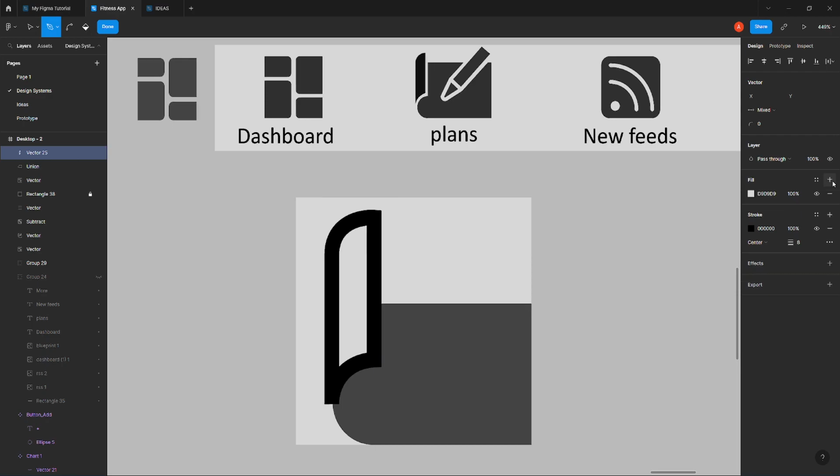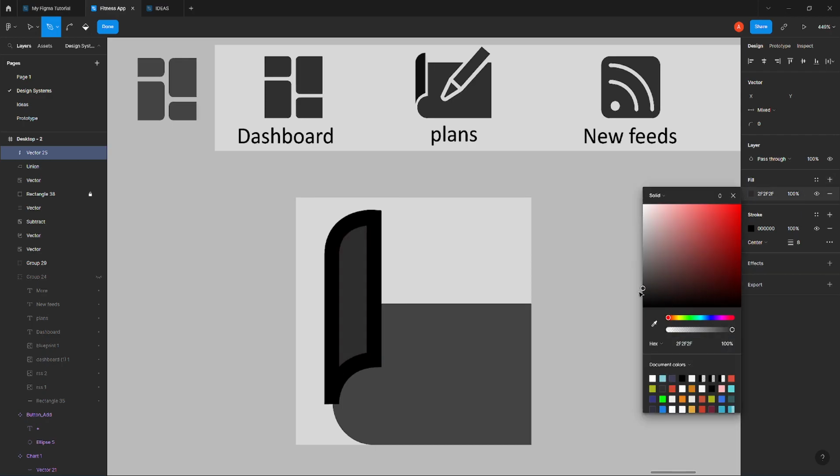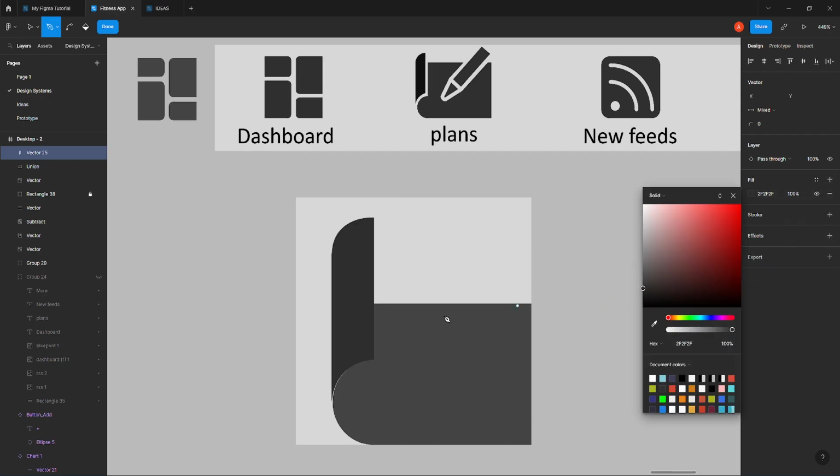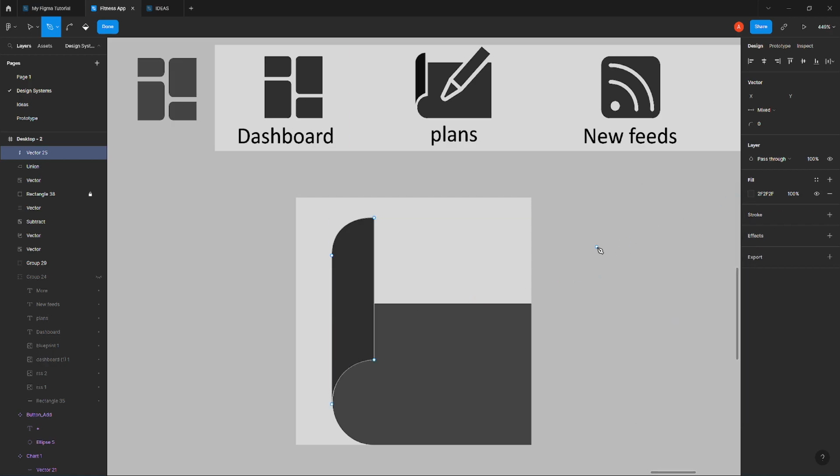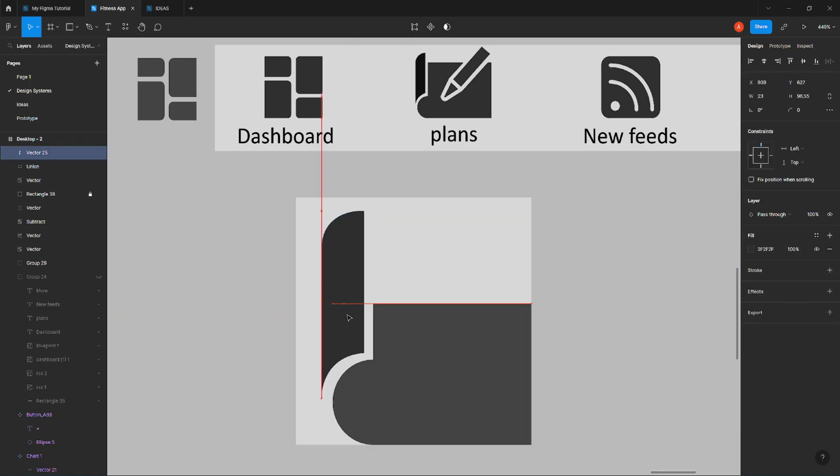Sorry, let's fill it with a darker color and get rid of the stroke. So press escape. Now what we have here, it's another shape, it's a separate shape. We move it